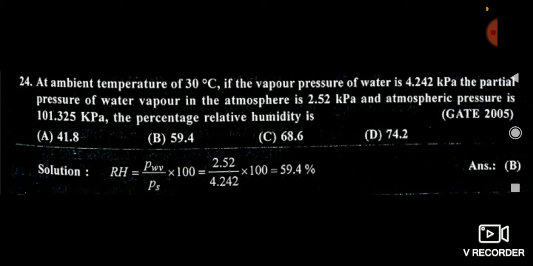So the first, 4.242, is the saturation capacity pressure, and the second one, 2.52, is the partial vapor pressure. So you should take the ratio of both, and you will get the answer, that is 59.4%. And friends, if you don't understand in the question which one is the partial vapor pressure and which one is the partial vapor pressure at its saturation capacity,